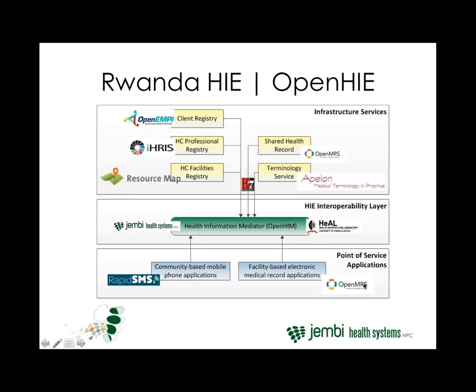Here we see OpenMRS being the point-of-care service for the facility-based medical record systems, and Rapid SMS, a mobile phone framework instantiated to work for community health workers, communicating through the health information mediator, the OpenHIM, a software product developed by Jembi and the University of KwaZulu-Natal's Health Enterprise Architecture Laboratory project, facilitating communications between the facility registry, which is instantiated in Resource Map, a tool by InSTEDD, a group with offices in the US, Argentina, as well as